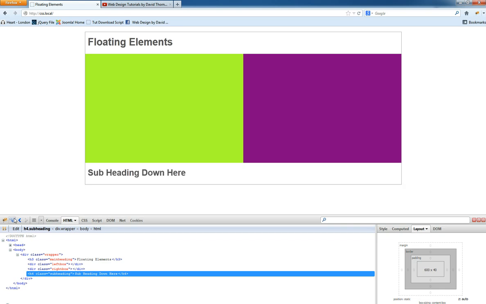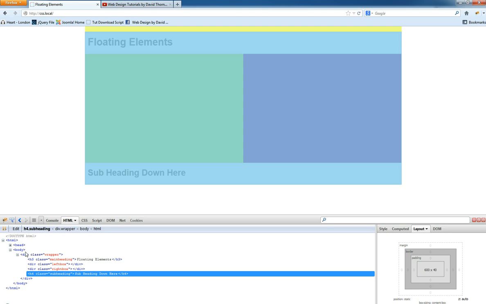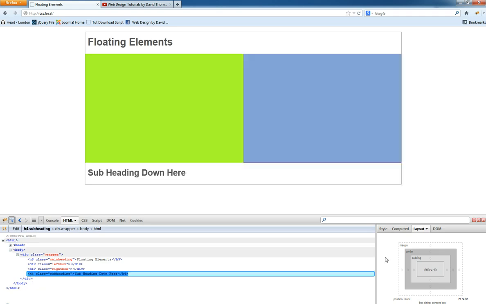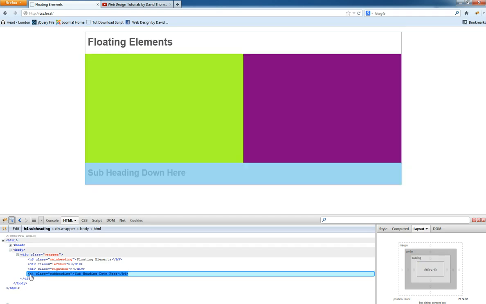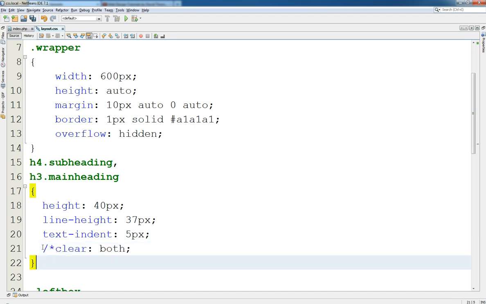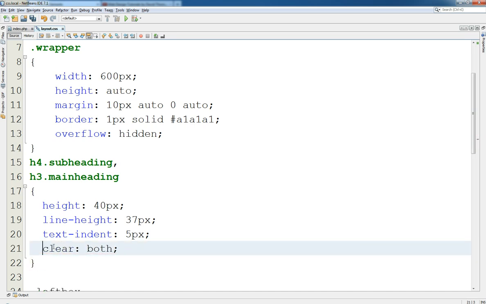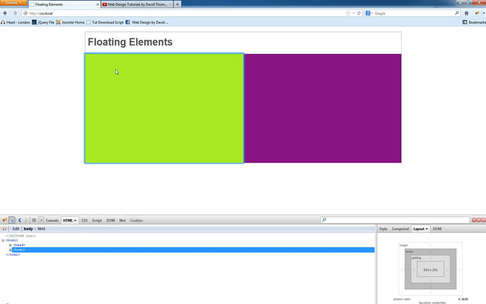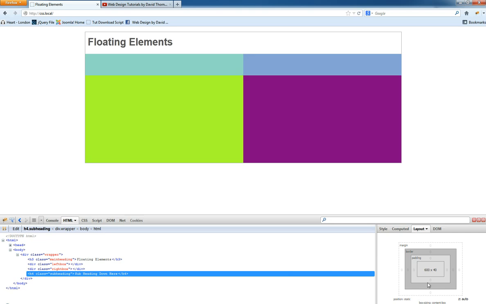So if you come here, now you can see that we get the head in there once again. And if we come onto here, we can see now that our H4 tag on Firebug is actually being positioned correctly, although we are getting, oh no, we are getting the right size now. See, H4 we're getting 40 by 600. Now if we have a check what this is, oh, it's easy just to take the line out. Let's take it out and leave it on the clipboard, shall we? Okay, so now if we come and have a look at our H4 tag, okay, we've still got 600 by